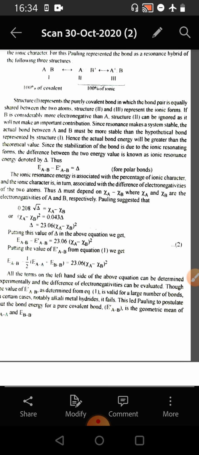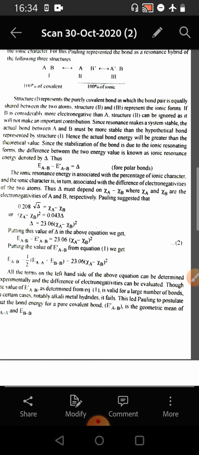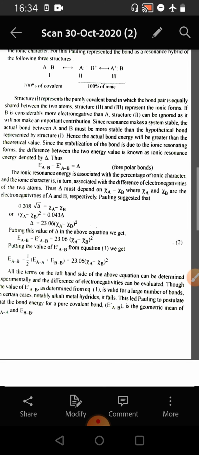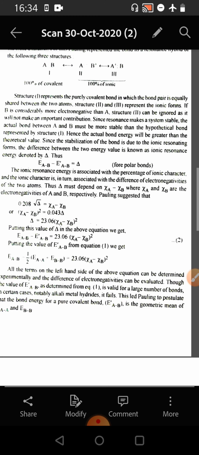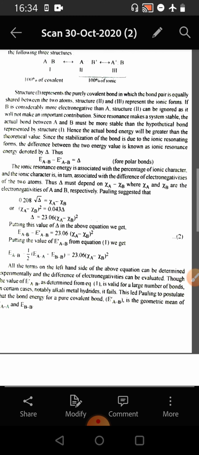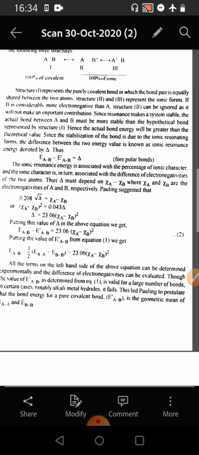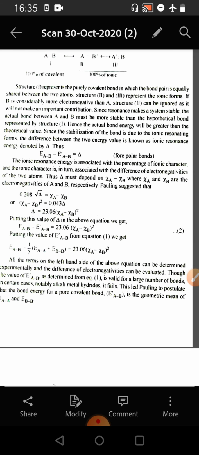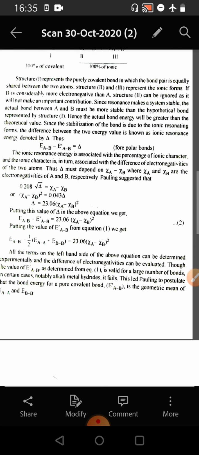Structure 1 represents the purely covalent bond in which the electrons are equally shared between the two atoms. Structures 2 and 3 represent the ionic forms. If B is considerably more electronegative than A, then structure 2 can be ignored as it will not make important contributions. Since resonance makes a system stable,